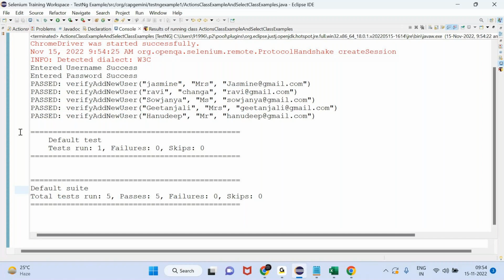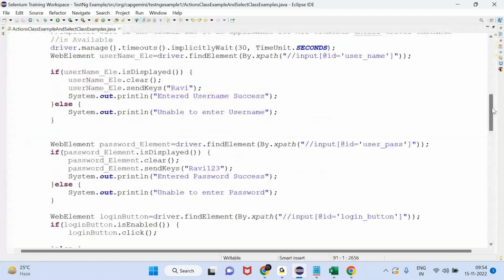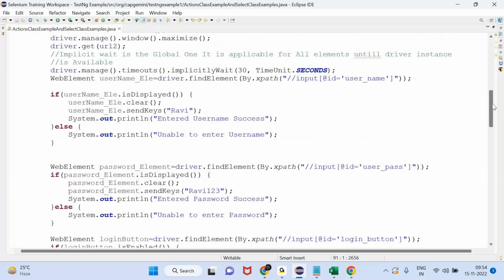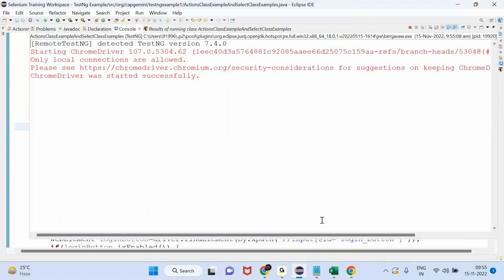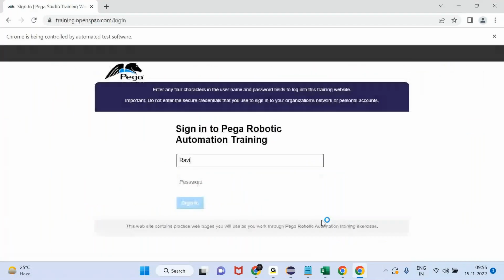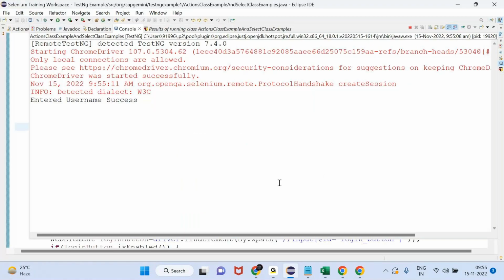See, our test cases pass. Suppose here I change user underscore pass instead. Instead of copy pasting, I am writing it on my own and changing this to a capital U. Now see what will happen. You need to note down what kind of exceptions you get as well, because in interviews they will ask what exceptions you see frequently. Entered username success, but then it is not entering the password. That means